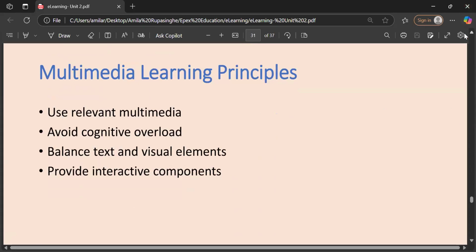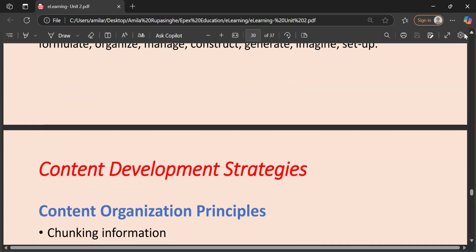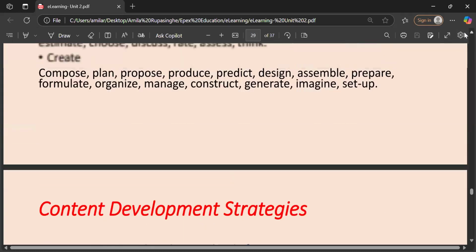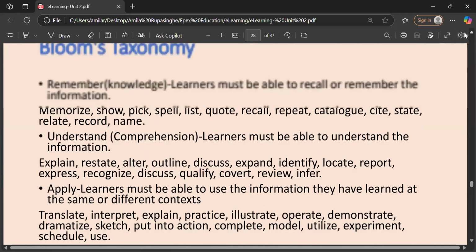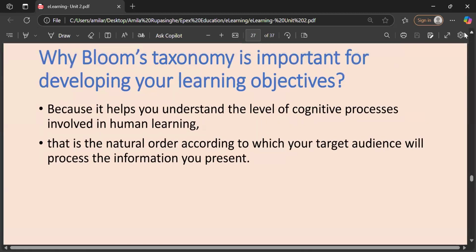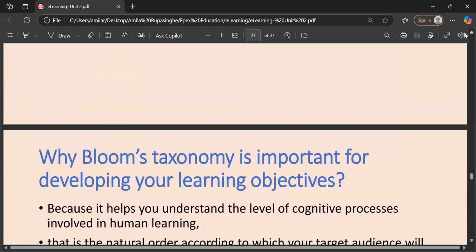You just keep in your mind where we have finished, because I might forget, right? We have stopped, that means we have to start from content. No, yeah, content development strategy. No, sorry, Bloom's taxonomy, right? We have to start from Bloom's taxonomy.